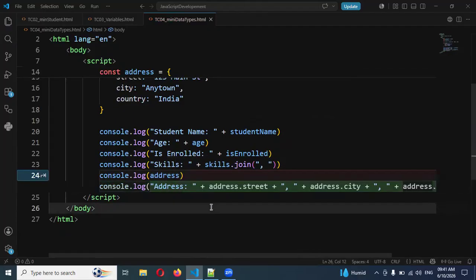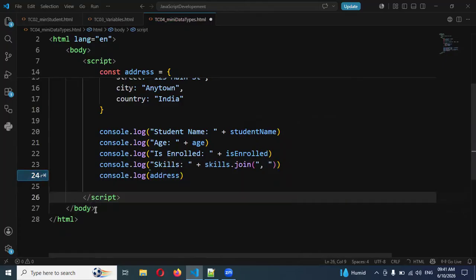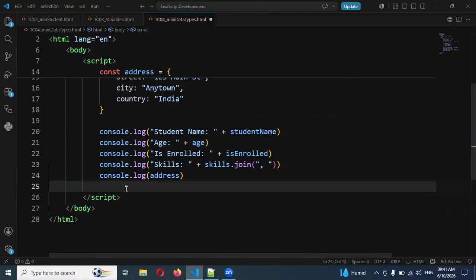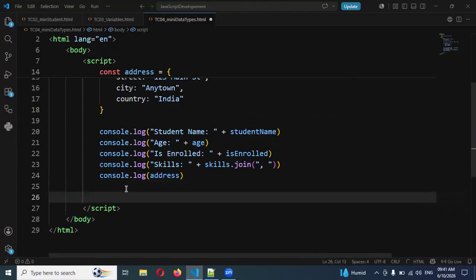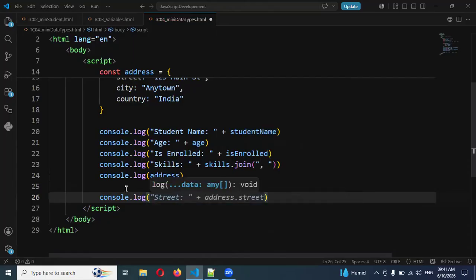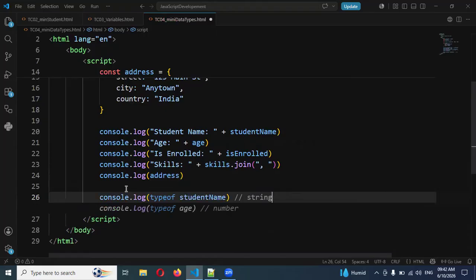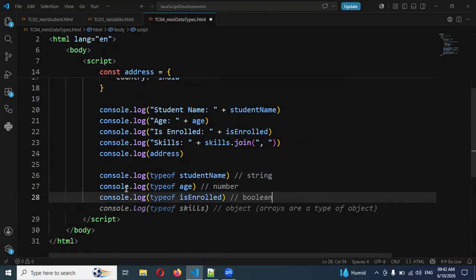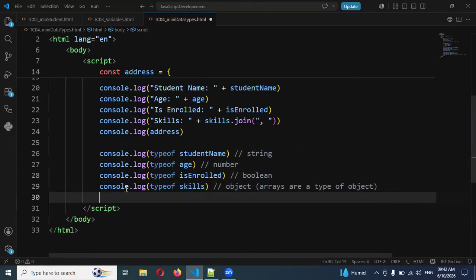Okay. Now these are the things, and I want to verify what type of data is present inside the name and all the places. Okay, for that, console.log, I'm checking the